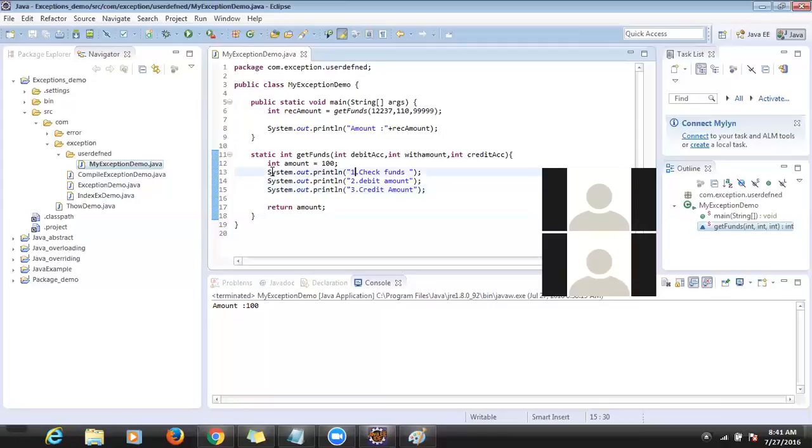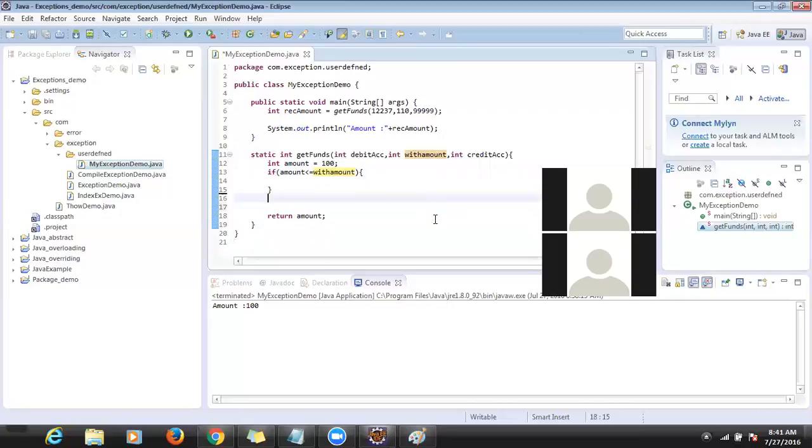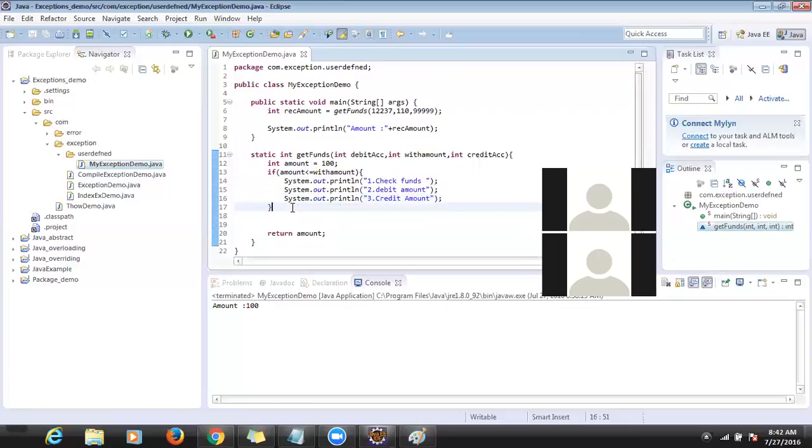Say for instance, there is a condition I want to write: if amount is less than or equal to withdraw amount, then only I have to proceed, right? Whatever amount you are requesting, if that amount is available in your account, then only I have to do all these things. Otherwise, I should not do anything. I have to say